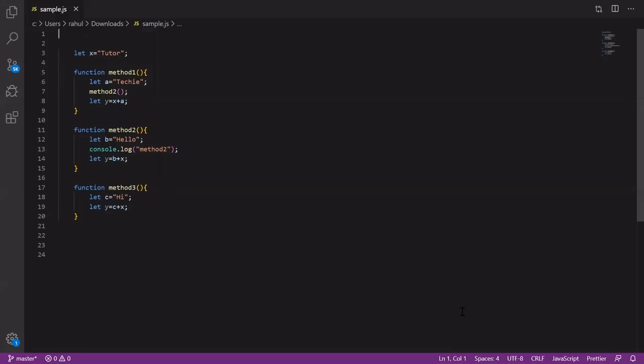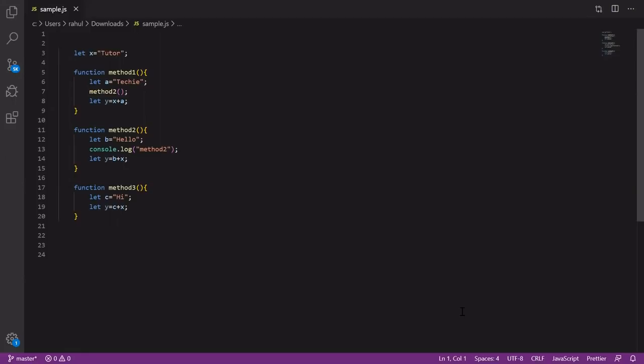So today we are going to learn about how the JavaScript engine works behind the browser, and we'll also learn about the flow of execution in the JavaScript engine. So let's jump into that. Each browser contains a JavaScript engine. Google Chrome uses the V8 engine, Internet Explorer used the Chakra engine, and Firefox uses SpiderMonkey.